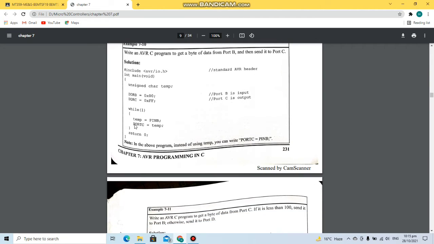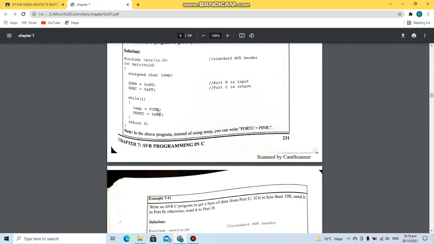So we could write PORTC equals PINB here, but it is a safe practice to create a temporary variable and store the values in it. Then example 7, we are writing an AVR C program to get a byte of data from port